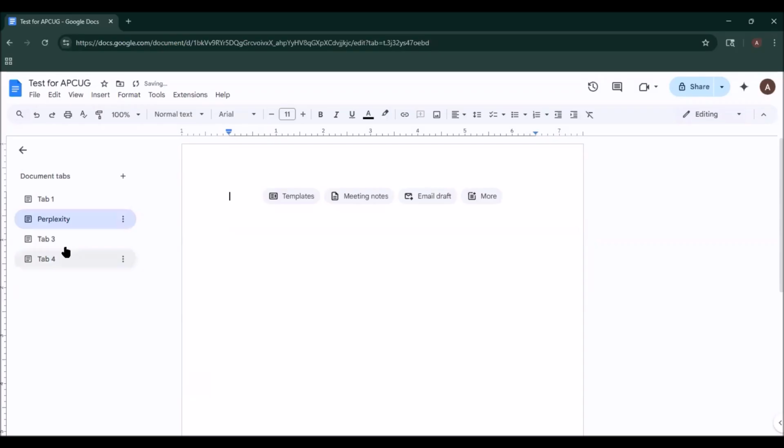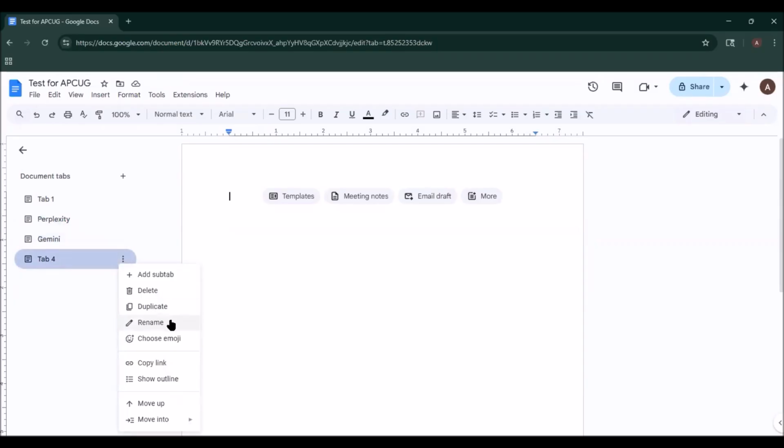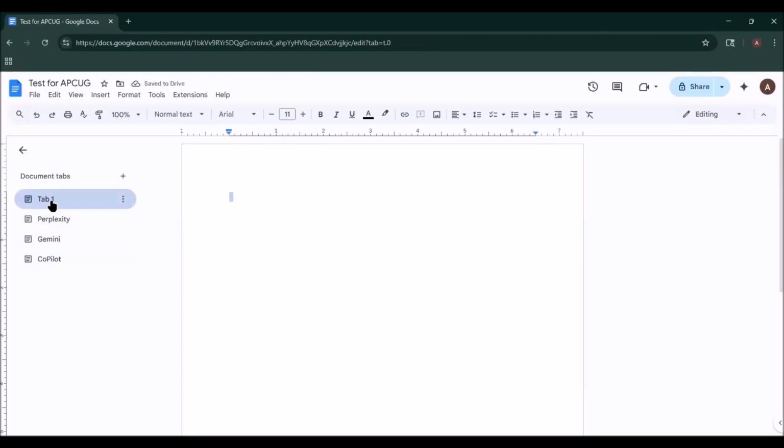and I would paste my answer from Perplexity there, or I might go to Gemini and paste what I have from Gemini there. Then, once in a while, yes, I do go to Copilot. Oops. And that would be the fourth one. But then the main tab is,